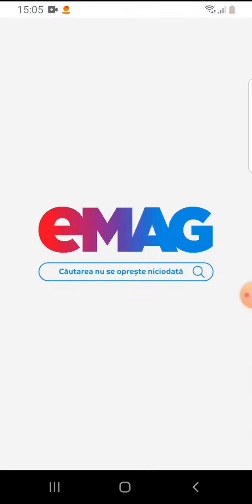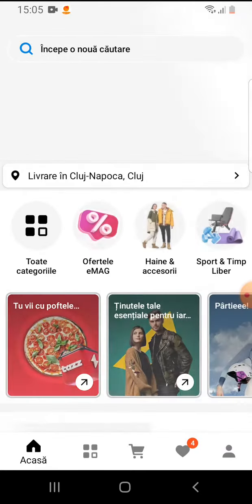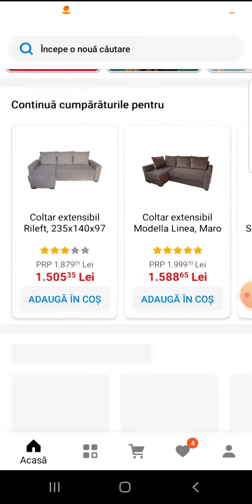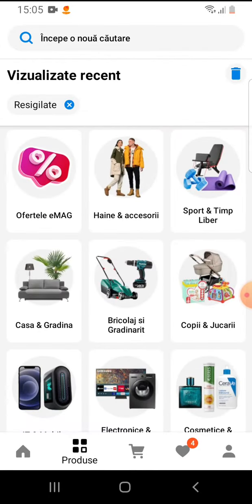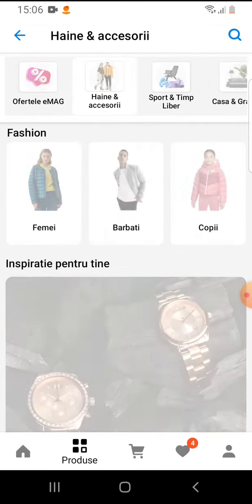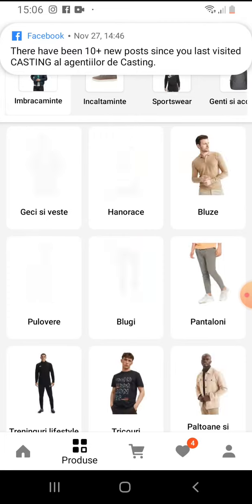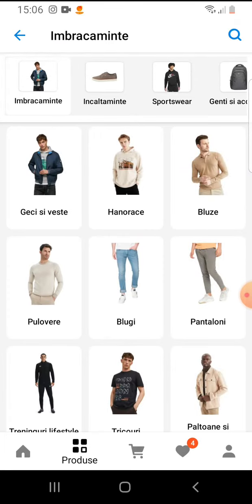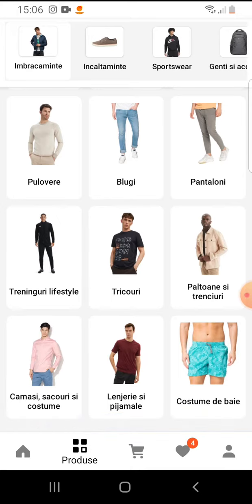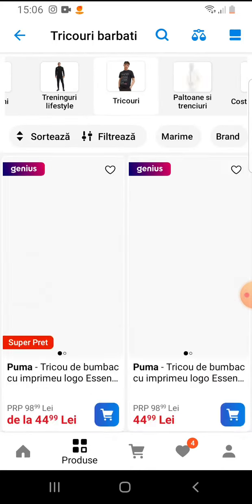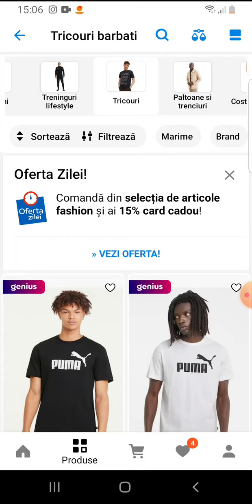So let's jump into it. Open the Emag app. And tap on the second icon on the bottom. Open the products and select a category. For example, some t-shirts, and on the top you can see this